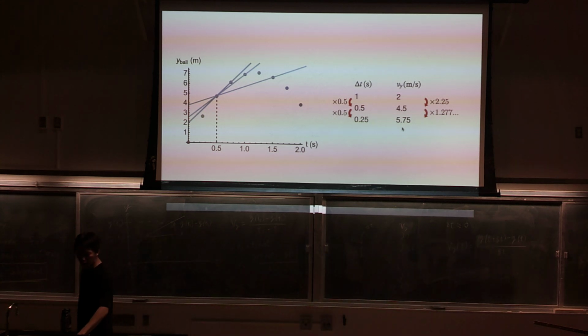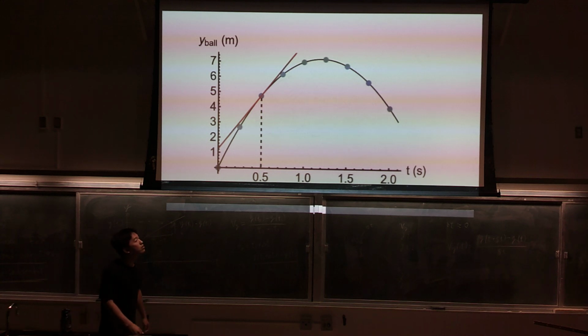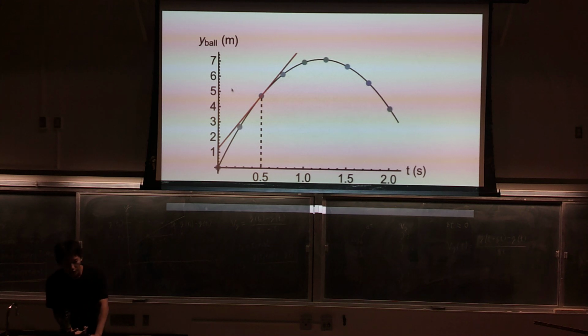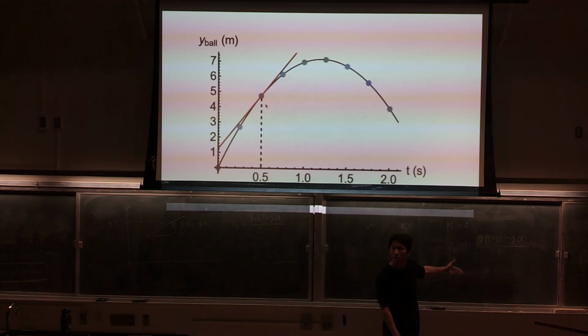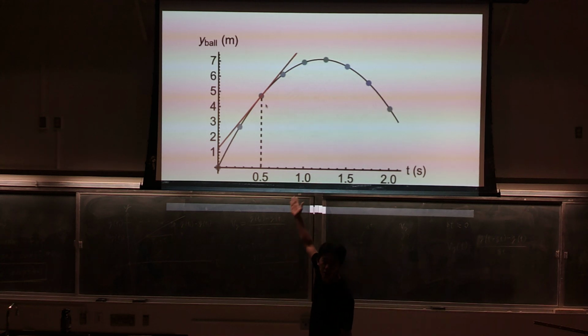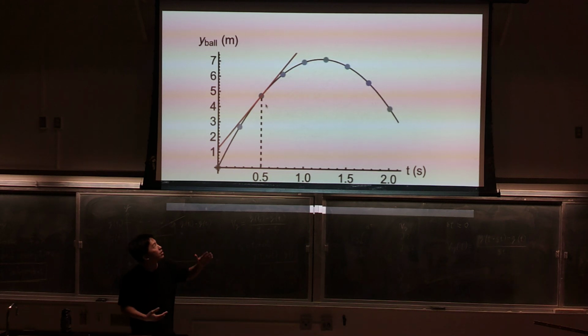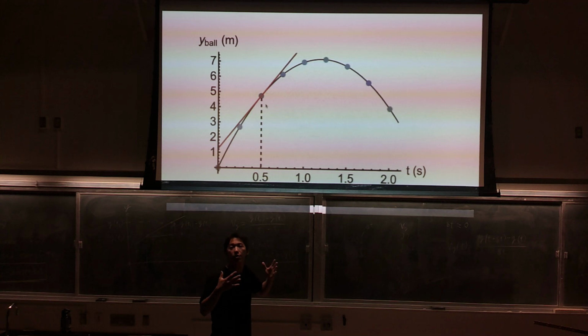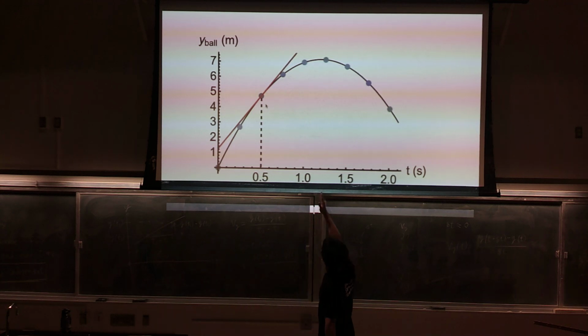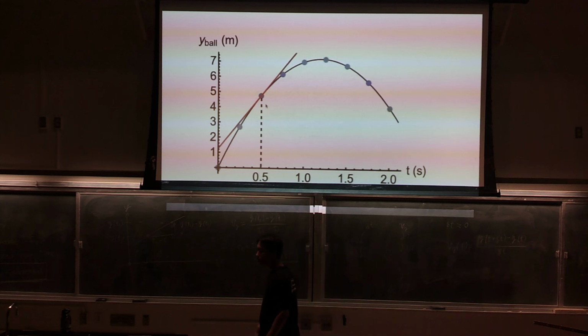So then what will you get if you take the delta t to be very small? What you get is the slope of this tangent line. So here I choose t to be 0.5, and what I get from computing this y velocity will be the slope of this tangent line, which just passes through the curve at t equals 0.5. So y velocity can be visualized as the slope of tangent line at that time. It is a function of time because if you go to another time and compute the slope of the tangent line,